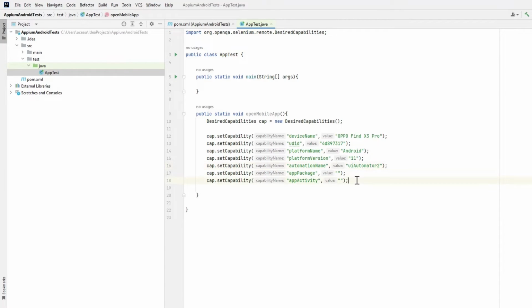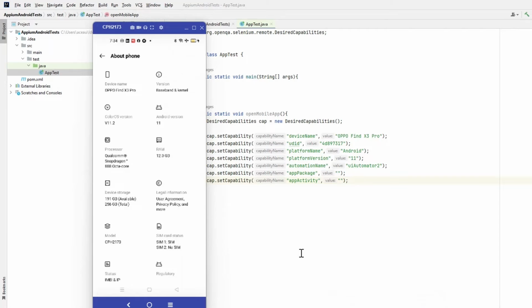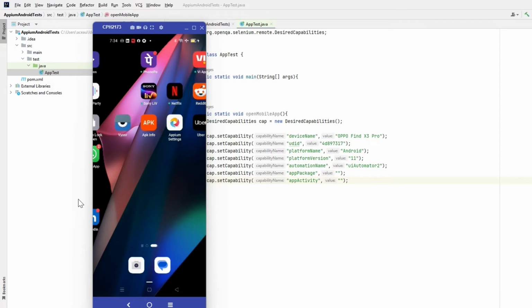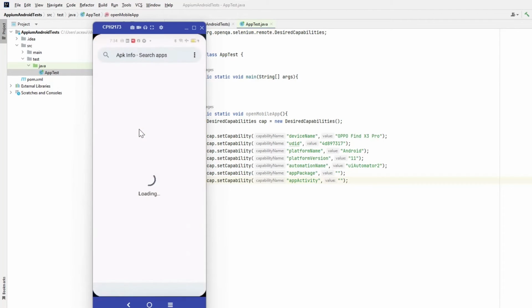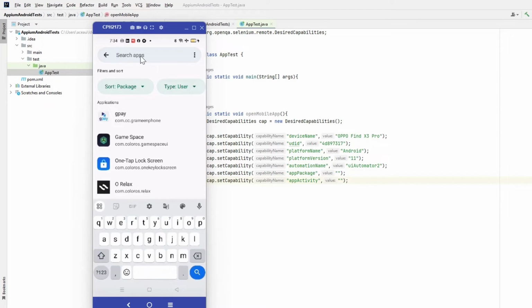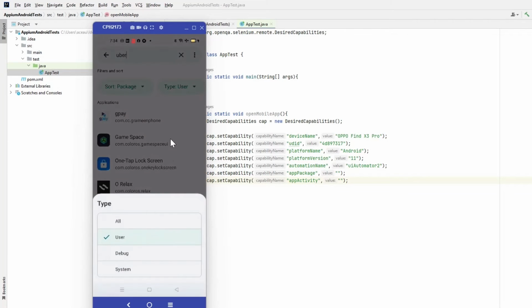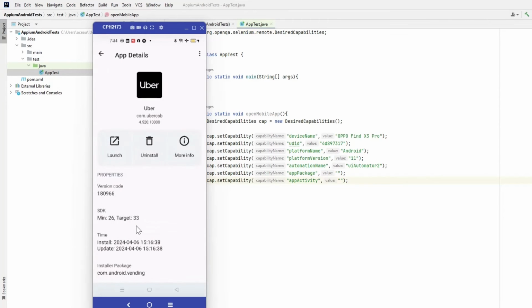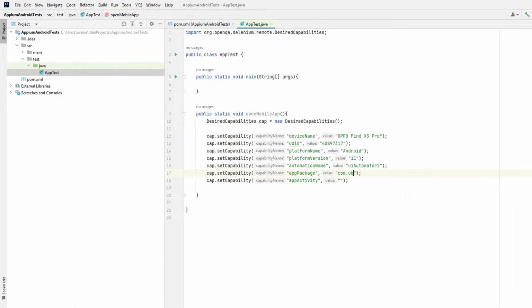And the app package. Okay, now this is very important and I'll explain why. So if I go back here, app package is what we had already seen. Last time we had seen the app package, there was an app that we had used, which is App Info K. Now the first thing that we will do is try to launch the Uber app as such. So I'll just search here for Uber. Now I'll search here specifically and scroll down, and then I'll look for this particular app details. Okay, so com.ubercab. So I'll just enter here com.ubercab,